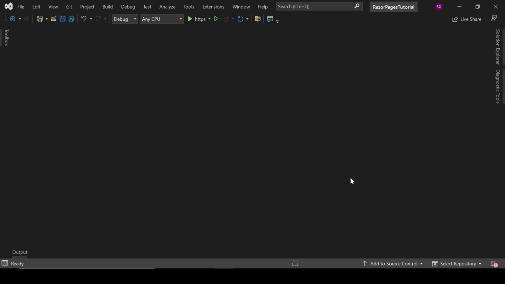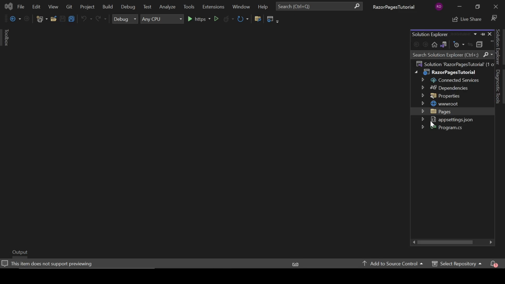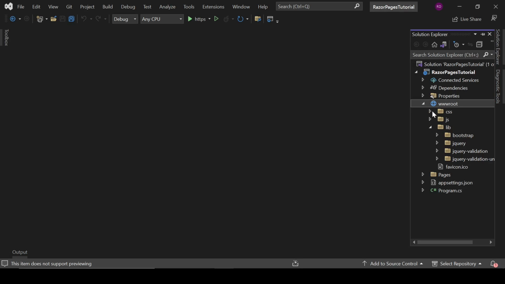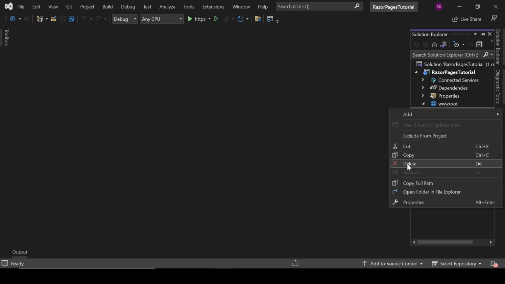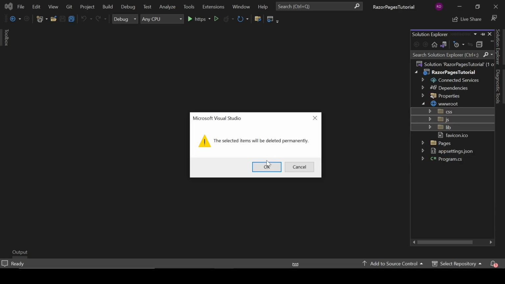So let's close it for now. Now we will create everything from scratch. We are not going to use these boilerplates. So what I am going to do is delete all of these folders. Yeah, I am crazy. Actually, otherwise you are not going to learn how to create your own projects. So if we delete all of these files,